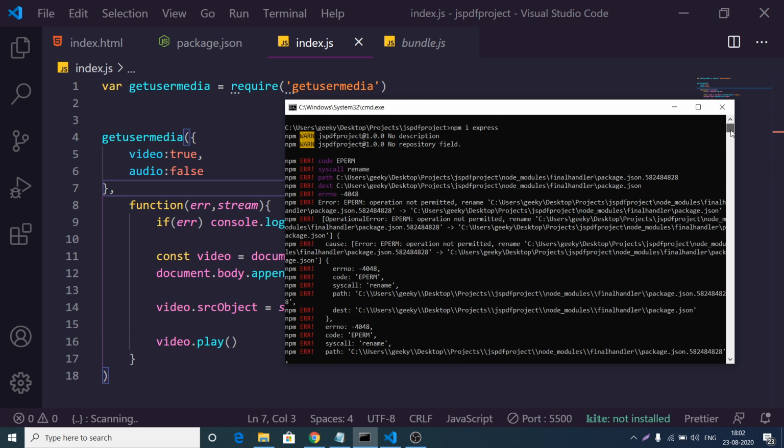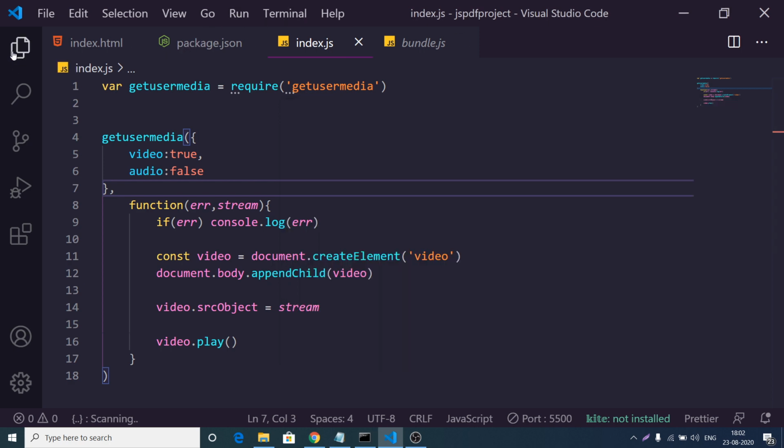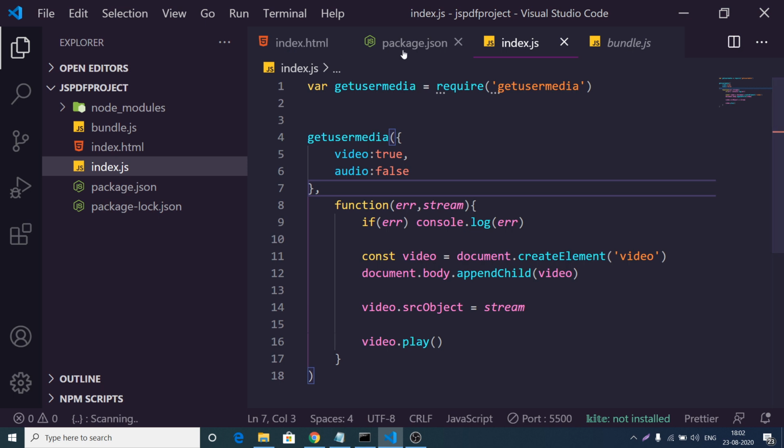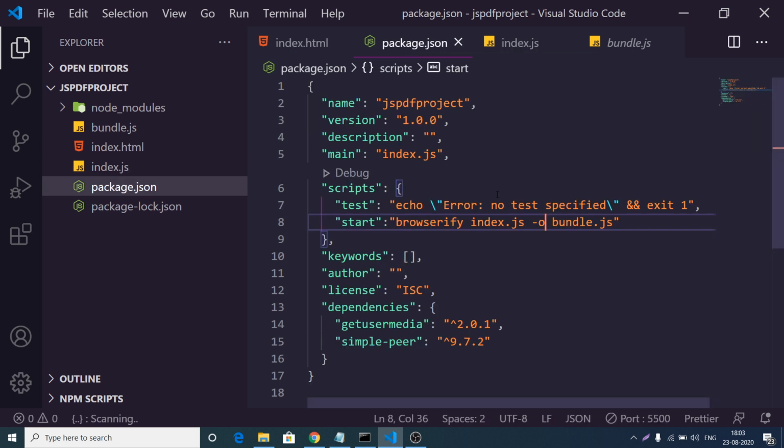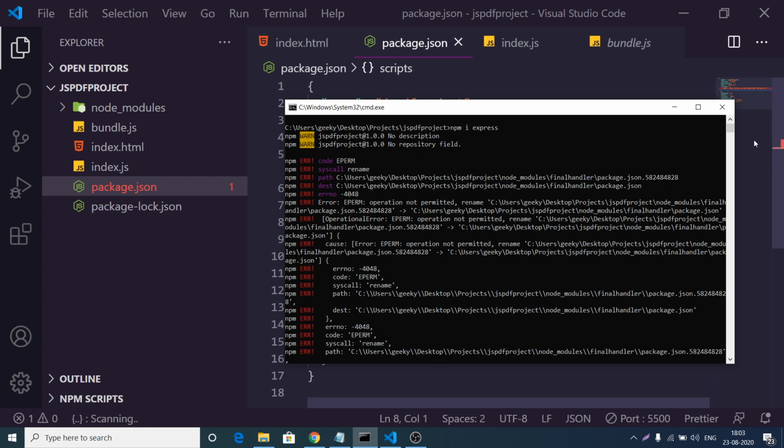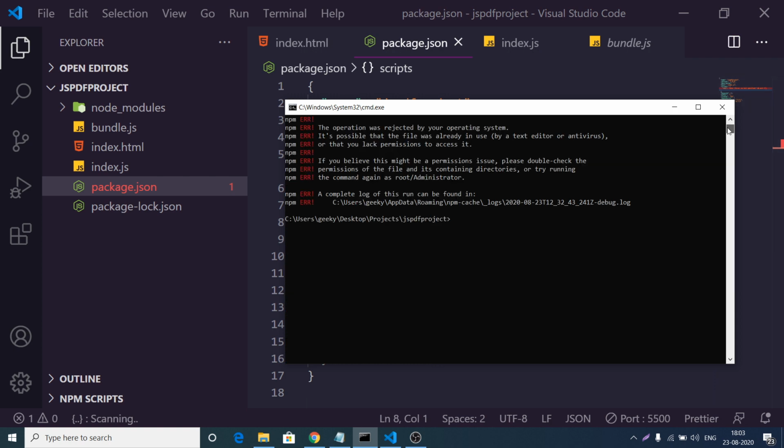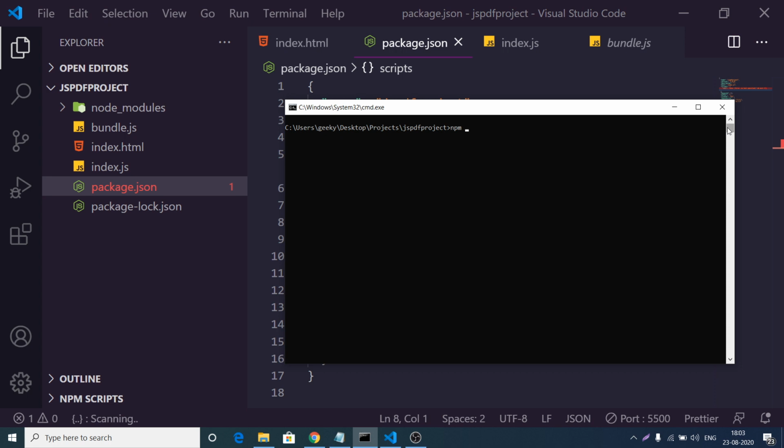Why is it not installed? Let me just delete the script here. npm i, once again rerun this command here.